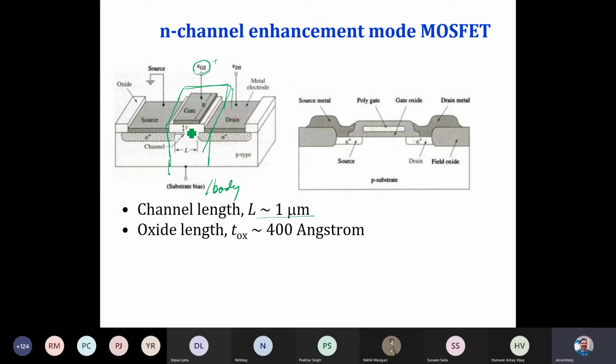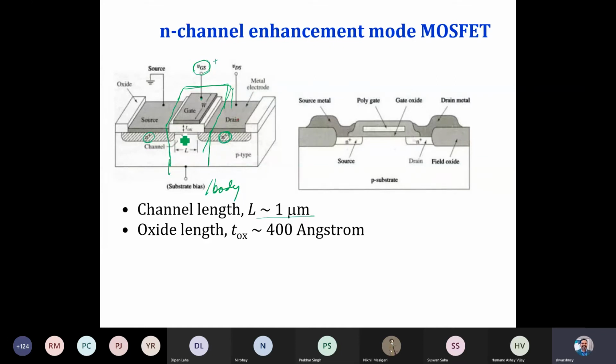The thickness of the oxide layer is about 400 angstrom, or 40 nanometers, right? The source is a metal layer, and we create an n plus, the high doping region, connected here. This is n plus, so the region has been created.